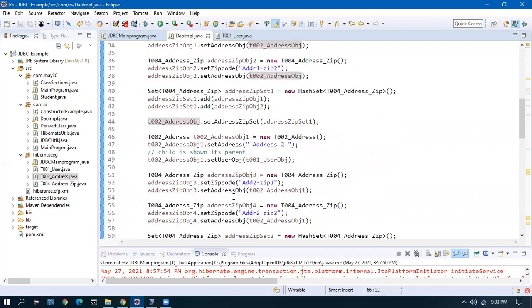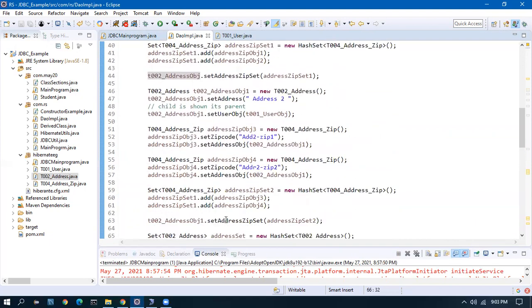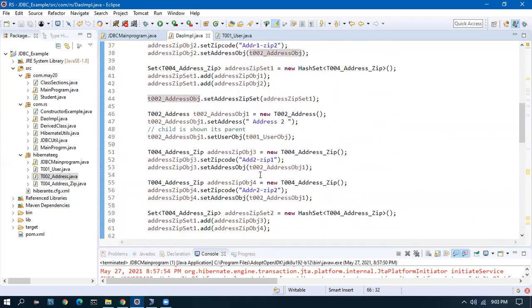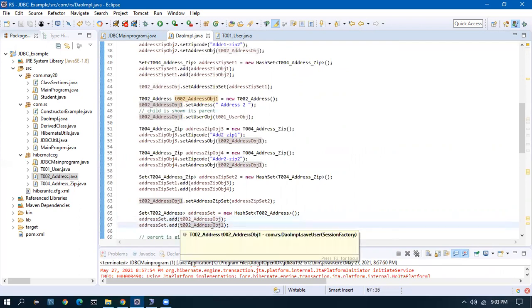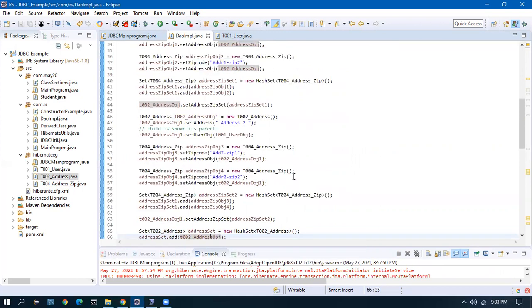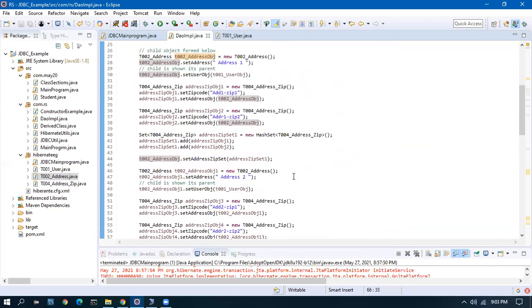This is the first address, and this is the first address, and this is the second address. First address set. This is the second address. This is the first address object. Okay, this is the second address object, and this is the first address object.